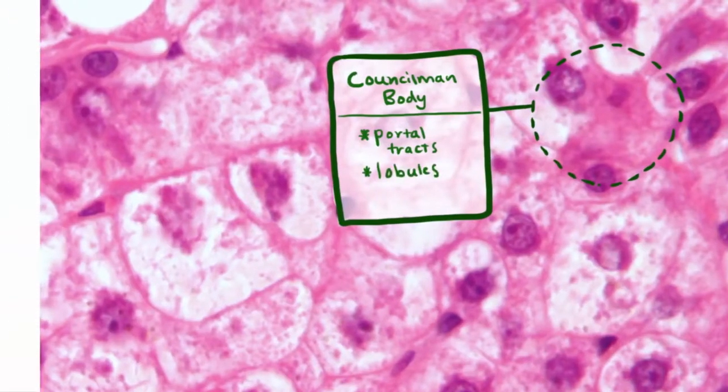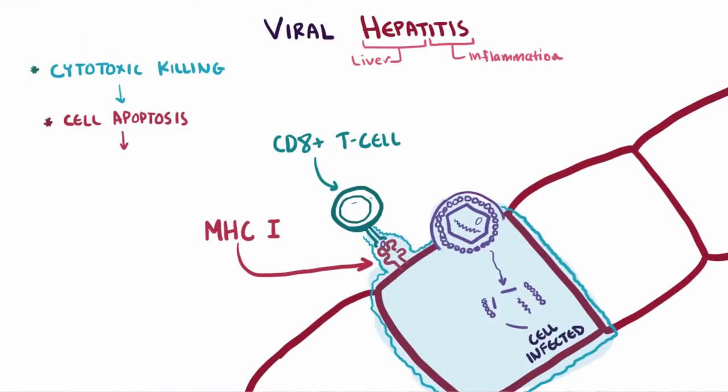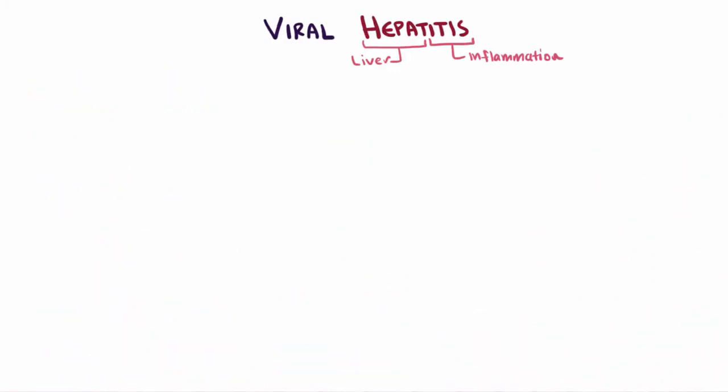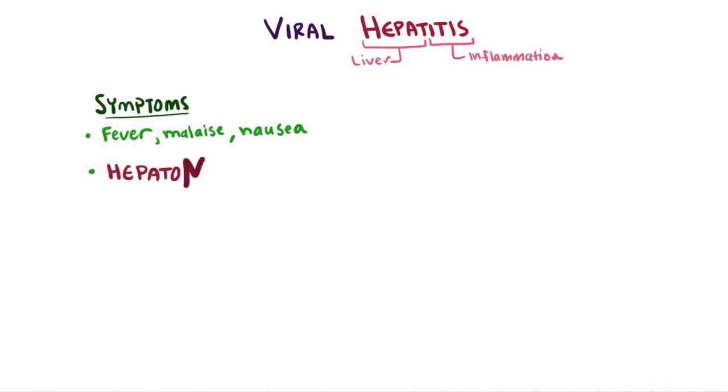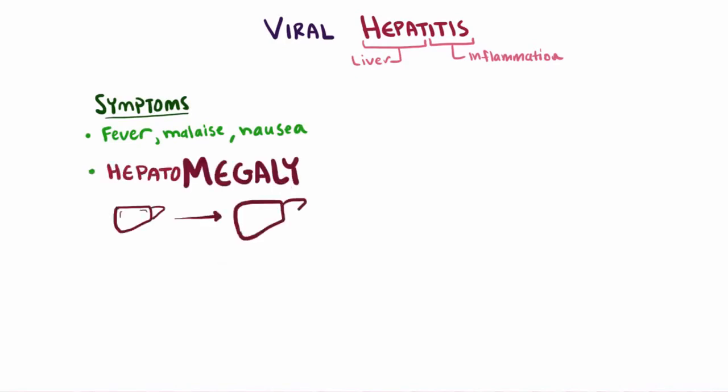This cytotoxic killing of the hepatocytes is the main mechanism behind inflammation of the liver, and eventually liver damage, in viral hepatitis. As someone's hepatitis progresses, we'll see a couple of classic symptoms related to your immune system mounting an attack, like fever, malaise, and nausea. Additionally, though, patients might have hepatomegaly, where their liver is abnormally large from inflammation, which also might